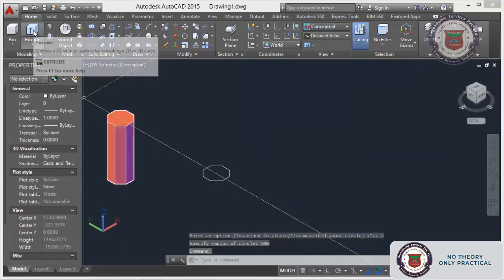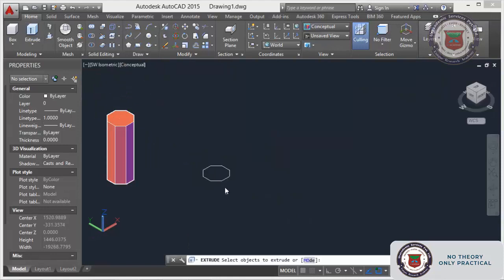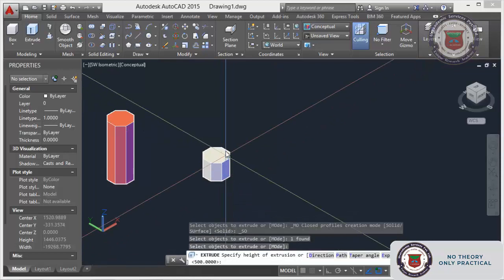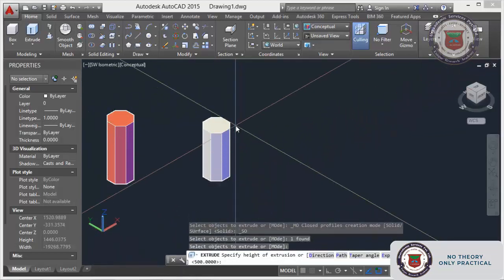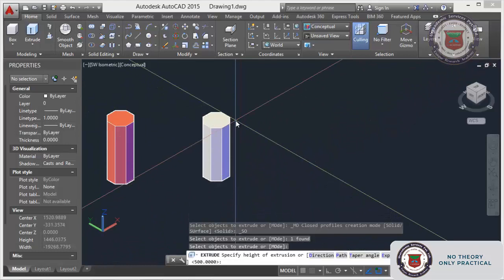How will it work with the other options? Just select the object, enter. It will ask you for the direction. There are up and down directions, and normally we use the direction option. Next is path. For the path we need another 2D path, so that we can achieve the path option.